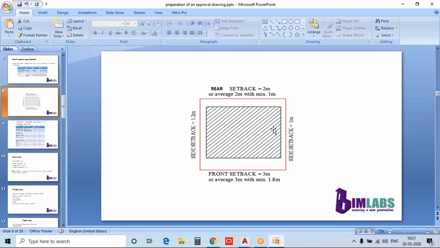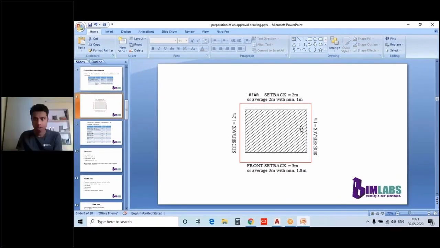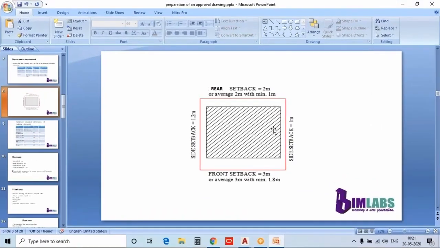If the site is so large, then there is no need to look first at this open space requirement. You can plan your building accordingly, and at last place your building by meeting the open space requirements. But if the site is small, then you have to first draw the site plan, and then provide these open space requirements. Then you will be able to know how much area, how many square feet, will be there for planning our building. Within that limit, you have to plan your building. Okay, is it clear, Harit Kumar?